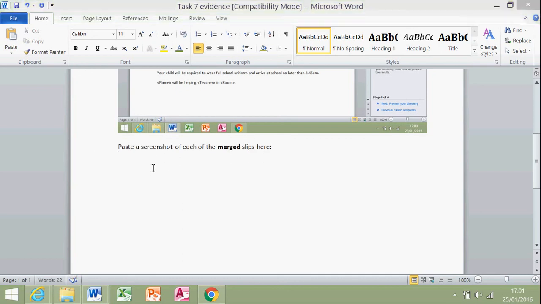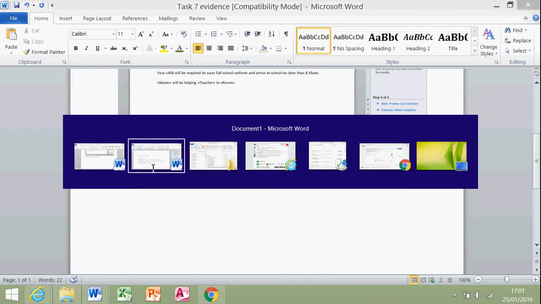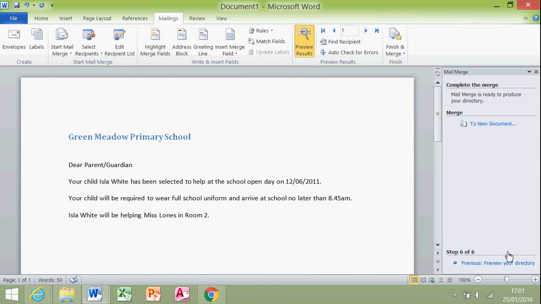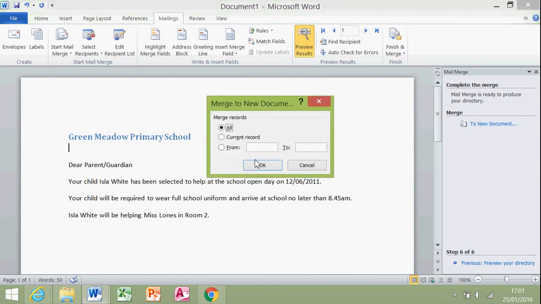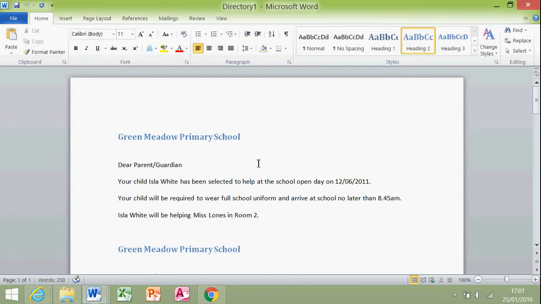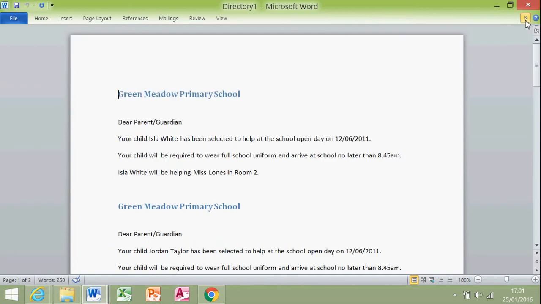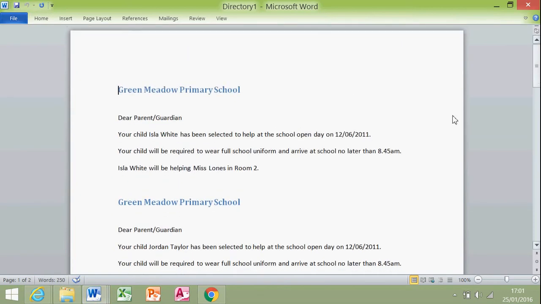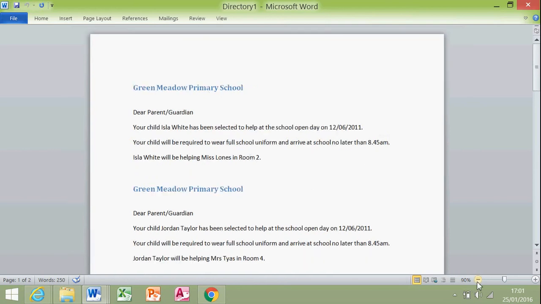So we'll go back to the mail merge. Next is the preview. Click next again. And do it to a new document. I'll do all of these. Okay, so if you can use this to get the ribbon out of the way. So there's the first. Zoom out a little. There's the first 2, so I'll print screen those